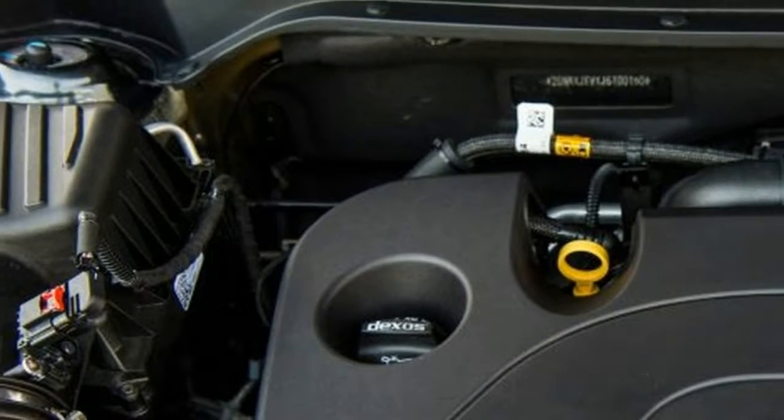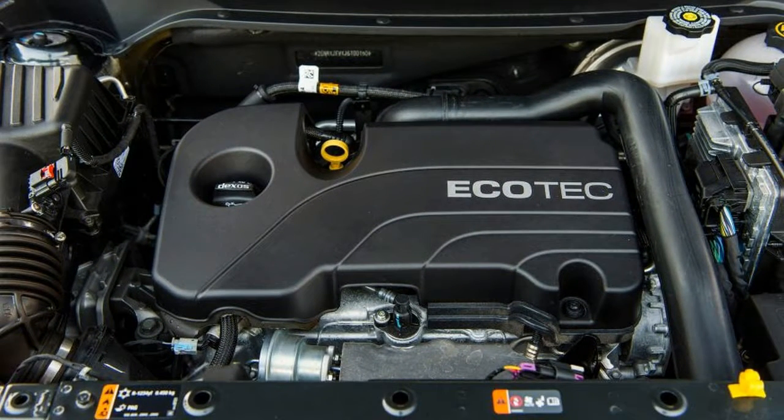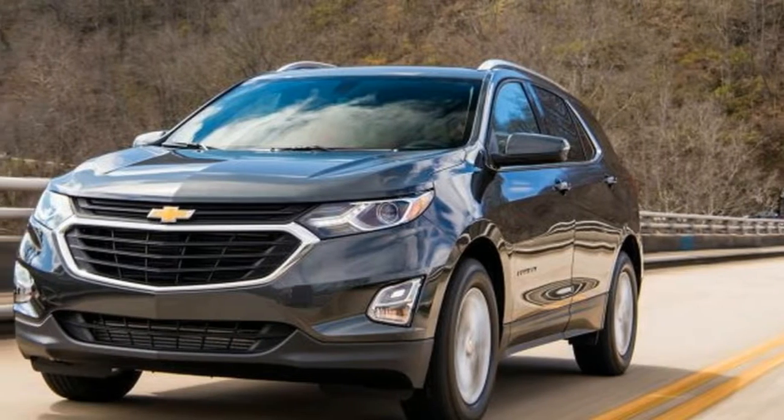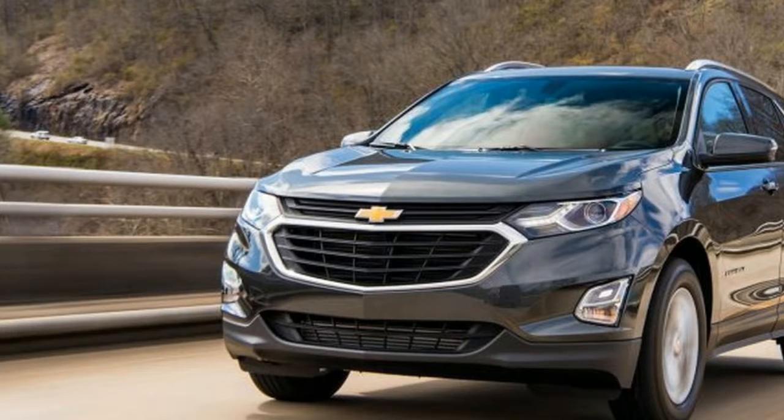The little four-cylinder also seems buzzier and less refined than it is in the Malibu sedan, likely because it's working harder to move this heavier crossover. Manual shifting capability is possible in the transmission's L setting but can be operated only by an awkwardly placed toggle switch atop the gear lever. Paddle shifters aren't available,